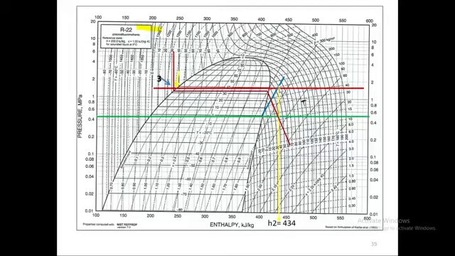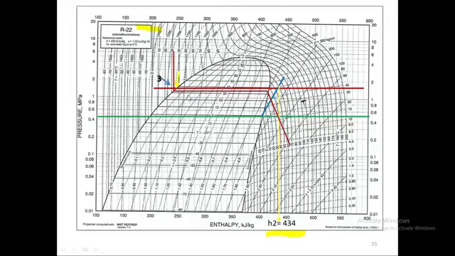From there you have to draw the vertical line downward, then you have to read this value. This is the H2 value, which is 434 I have taken. So this I have taken as 434, this value right here. You have to practice a little bit so you can read it right here. Alright, so